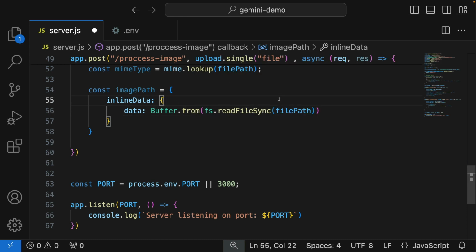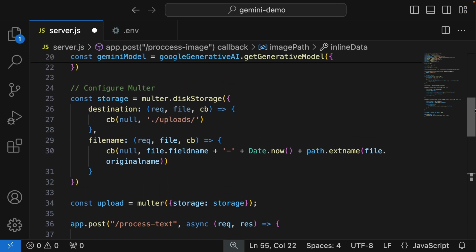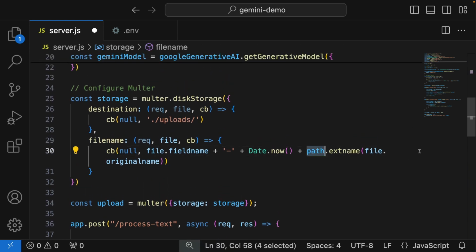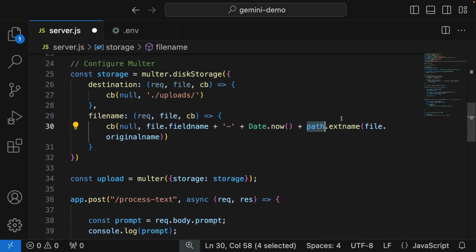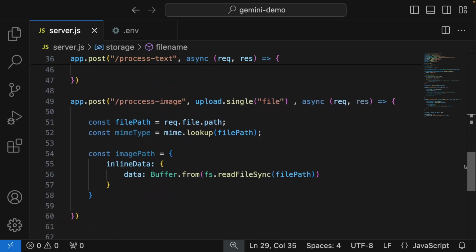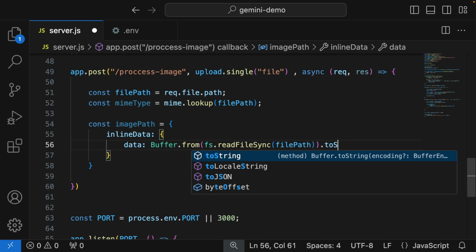So that's good. I think the path was used here. Yeah, the path was used here. Yeah, I forgot to bring that in. The path was used for the Multer configuration. So yeah, copy and pasting. But anyway, so here we use the fs, and here we get our string representation so that we can send it over the wire,